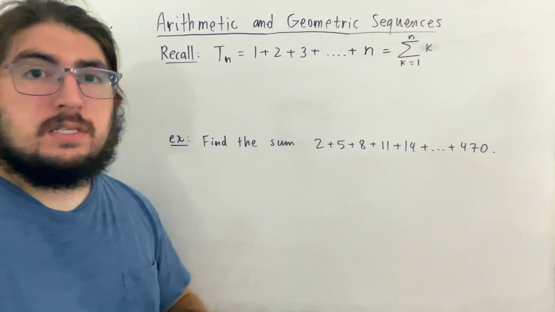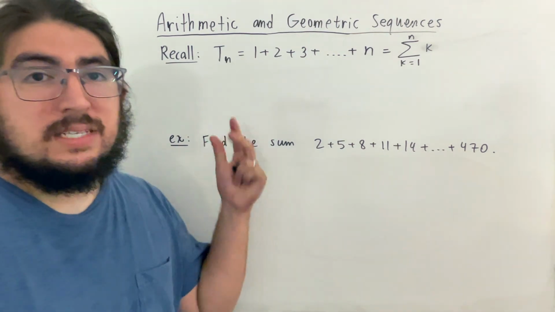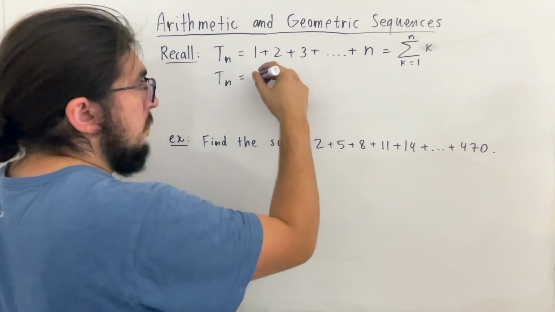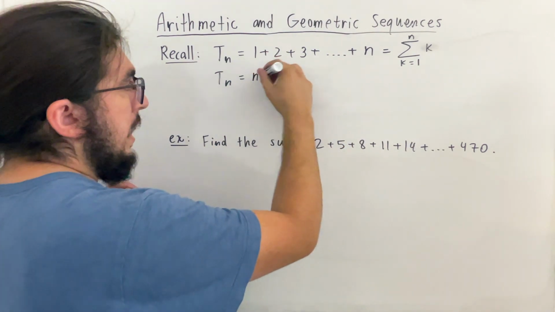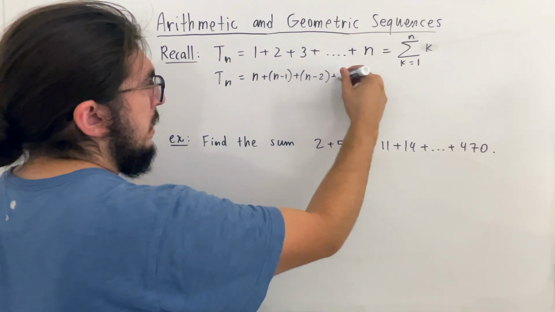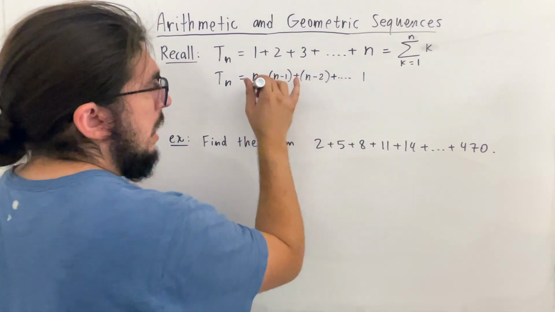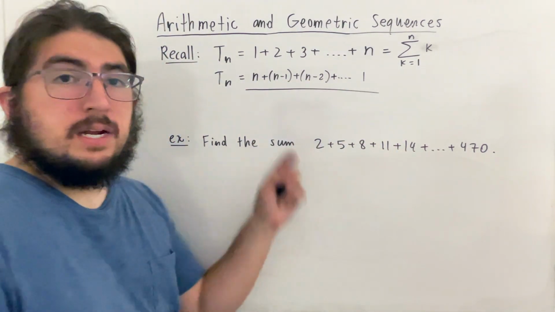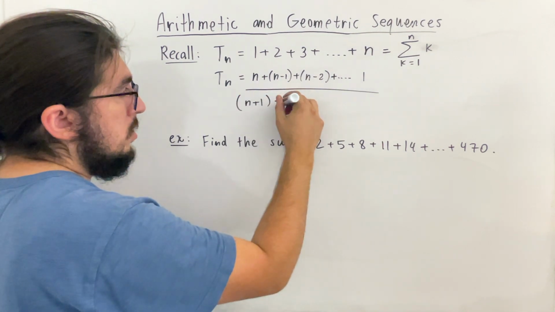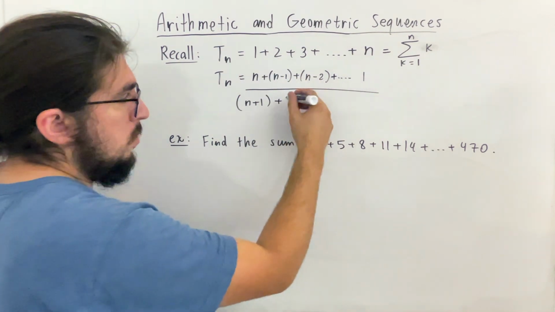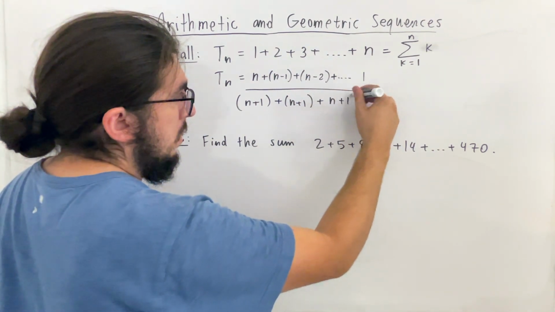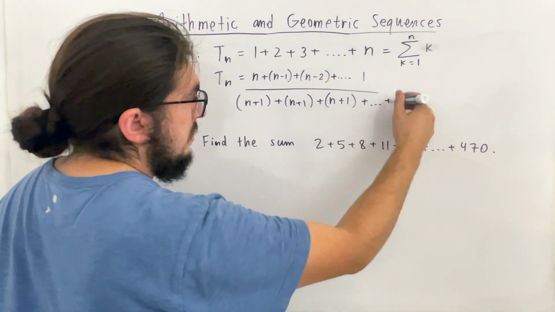Now, generally how this is shown and proven is by writing this in two different ways. We can write it in the usual way, and then we can also write it in the reverse order. So n, then n minus 1, then n minus 2, and then all the way down to 3, then 2, and then 1. But what you notice is that when you add these together pairwise vertically, 1 plus n is n plus 1, 2 plus n minus 1, well 2 minus 1 is 1, so it's also n plus 1. 3 added to this is also n plus 1, and then the last term here is going to be